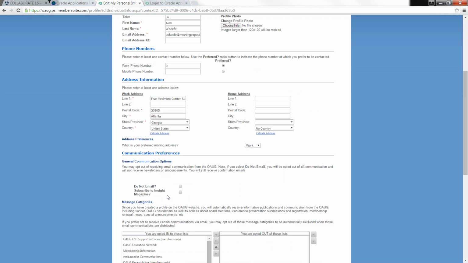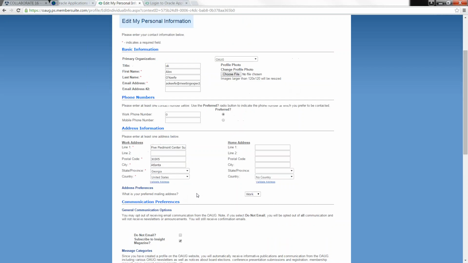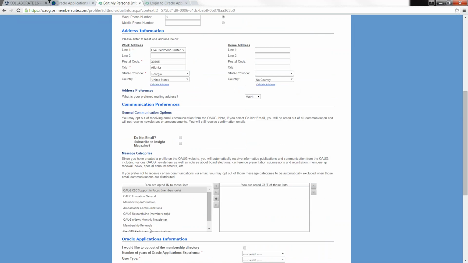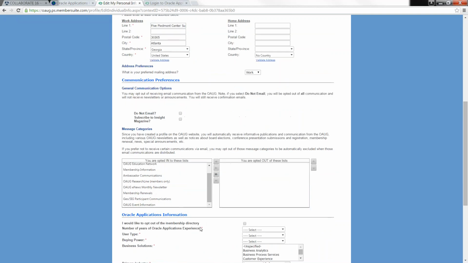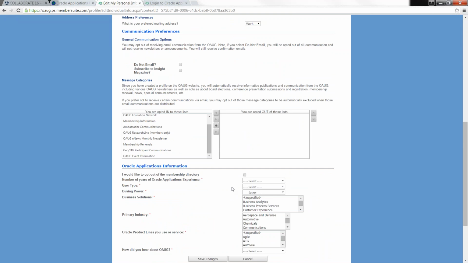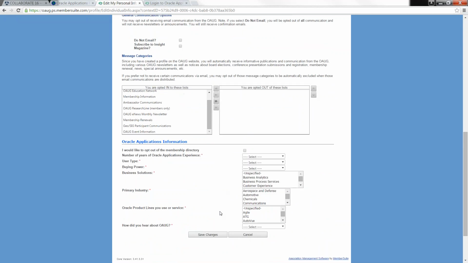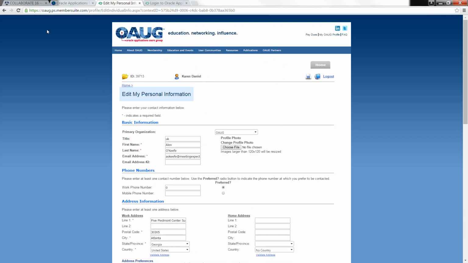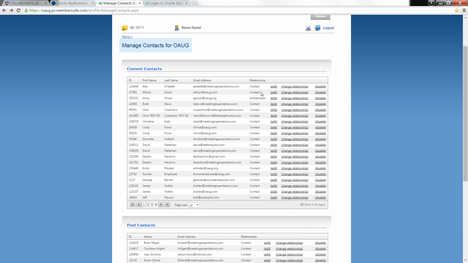And here is where you can tell if she is subscribed to the magazine. If I check that and there's a valid mailing address, Alex will begin to receive the magazine. So I'm going to uncheck that. This is also where you can tell what information each person is receiving for all of our different newsletters, and if they want to opt out, along with all the information here that's required. You're basically editing somebody else's profile, so tread carefully there. Let's go back out of here.